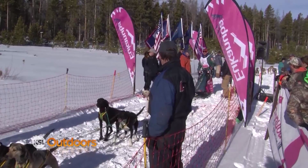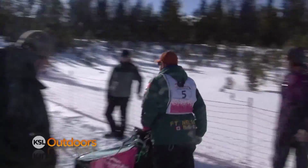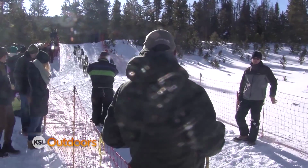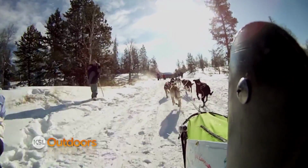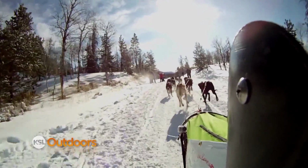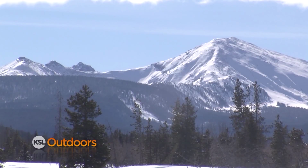The clock's running for Bud Streeper. He's got 41 miles to hang on to his lead. I just wanted to have a good, clean run, keep all the dogs happy and safe throughout the technical portions of this trail. And once that point was behind us, then I let the dogs run at their natural ability. Today's climb started in Wyoming, where the teams then had to conquer the 10,000-foot peaks of the high